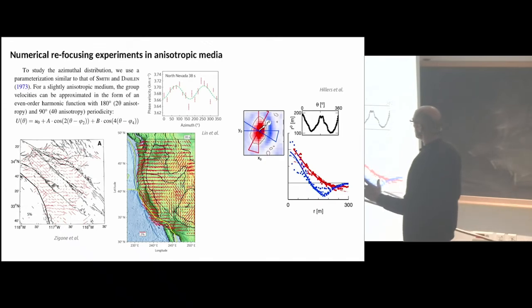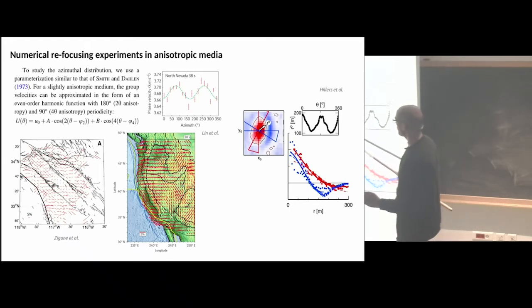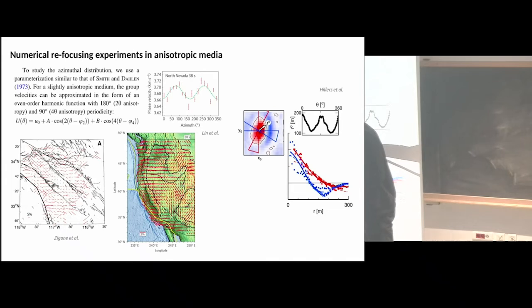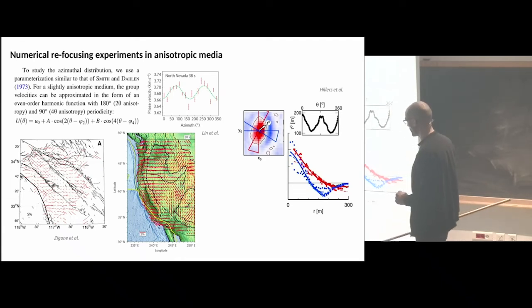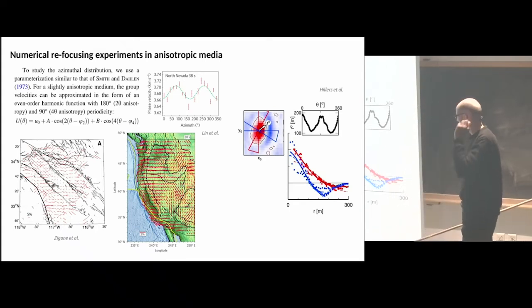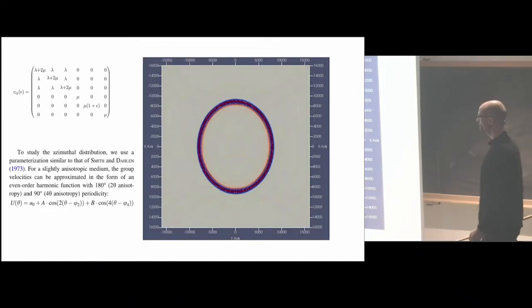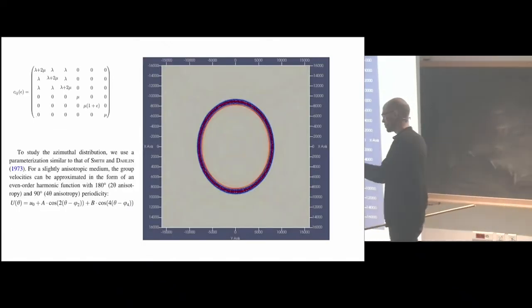Before we move on to the US array data, I want to come back briefly to this refocusing in anisotropic media. Again, this is typically how seismologists parameterize radial anisotropy, using this Smith and Dahlen parameterization, and then you see these figures that we also saw for Alparay, I think, 2 days ago. And that's what I also did back in 2016 for San Jacinto, using this grid search over azimuth. But we maybe want a closed form